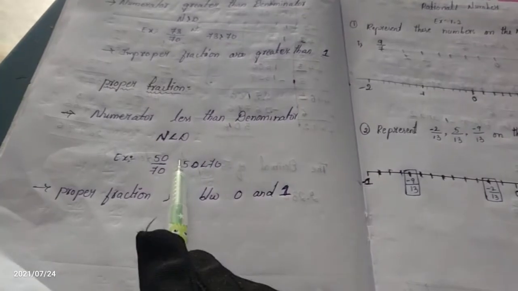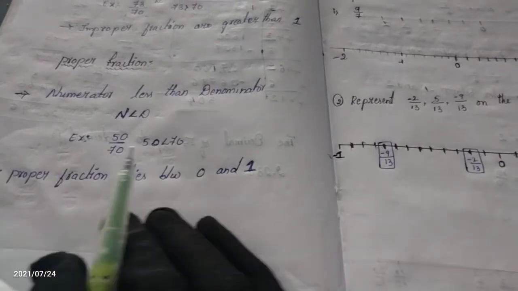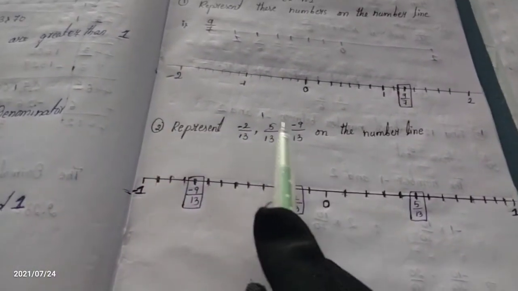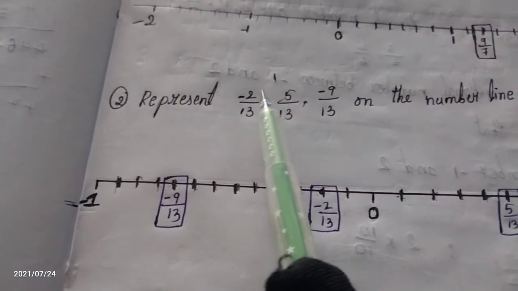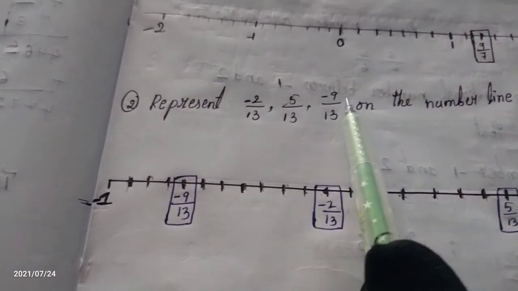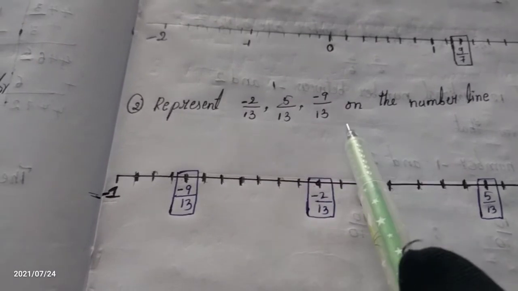We are taking not 2, 3, but 0 and 1, and 0 and minus 1. These points help us to draw the number line. How many numbers do we have to take on the number line? Let's see the answer. Here the fractions are proper, meaning the numerators are less than the denominators.